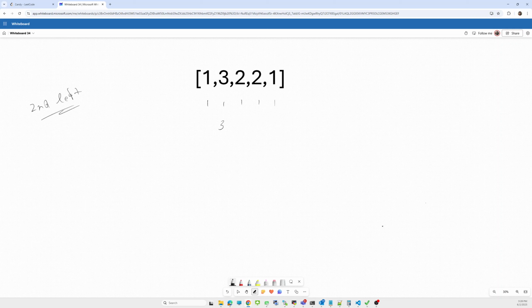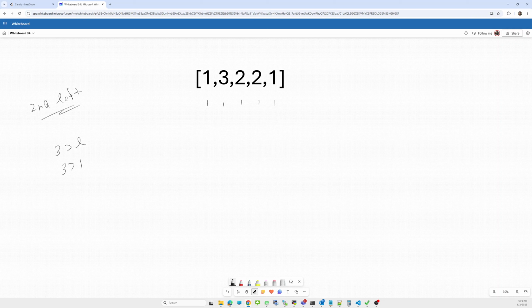Is three greater than its left, which is one? Yes. Then what will be the minimum candies for this three? It must be more than the previous one.